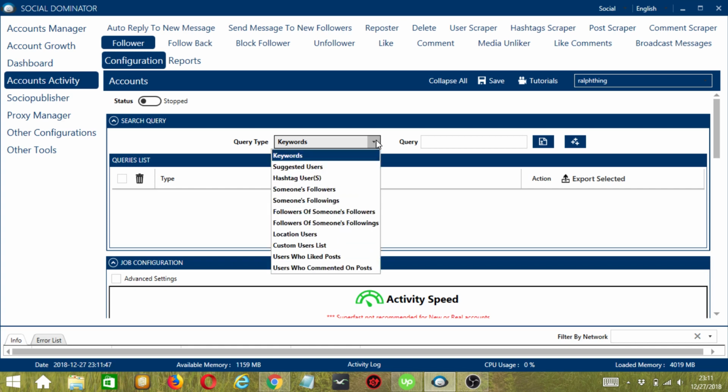The query type is subcategorized into 11 different types: keywords, where you can enter your search term as query, suggested users of your selected accounts, hashtag users to find users who used your hashtags, someone's followers to find users who follow the username you enter, someone's followings to find users who have been followed by the username you enter, followers of someone's followers to find followers of the profile you enter,